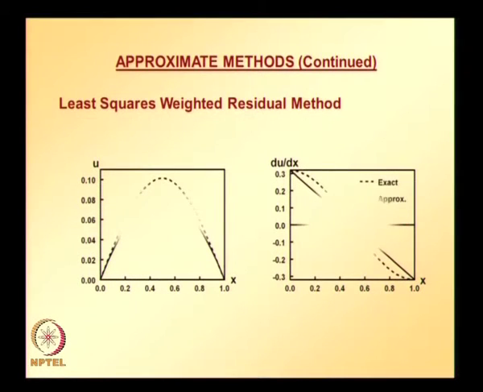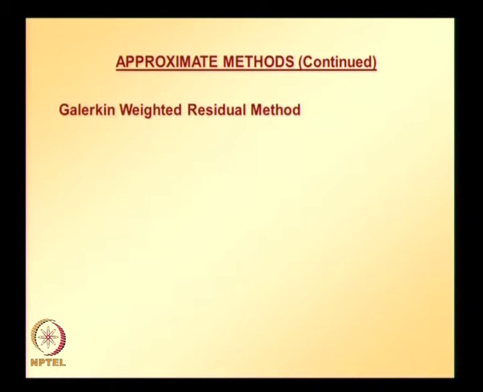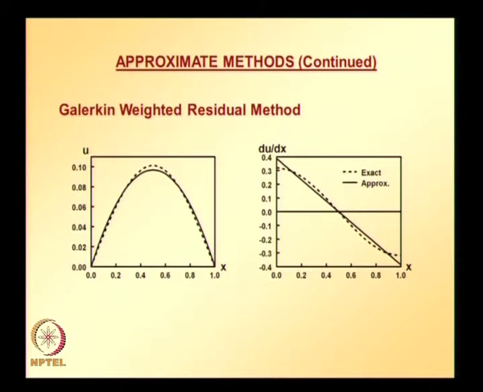Last class we have also seen a comparative plot showing comparison between exact and approximate, both the solution and derivative of solution. This is for least square weighted residual method, collocation weighted residual method, and Galerkin weighted residual methods. So basically when we compare these three methods, the solution obtained by each of them with the exact, what we noticed is Galerkin weighted residual method is superior to the rest of the two methods,